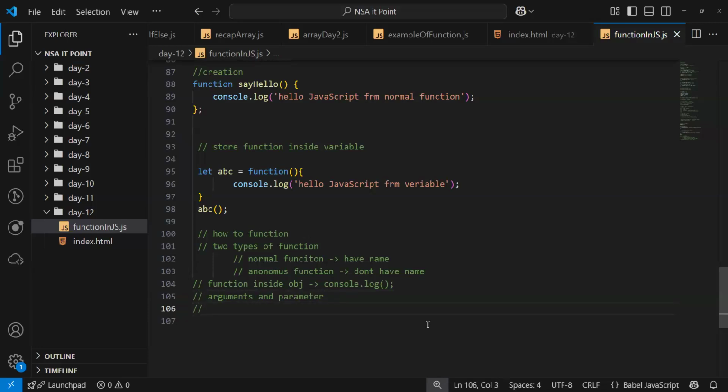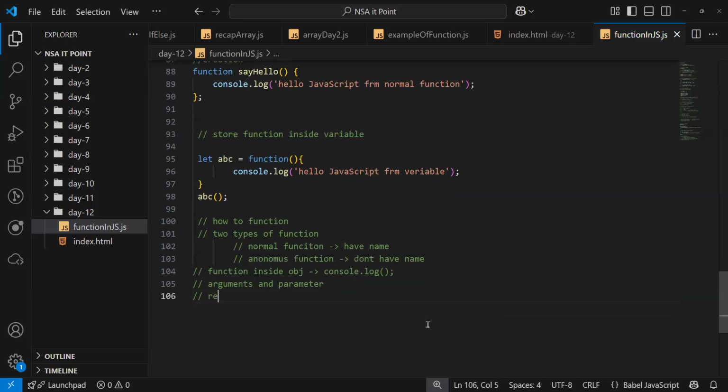We saw arguments and parameters. There is another important thing called return. Most developers use return inside a function. Why? What is the return?